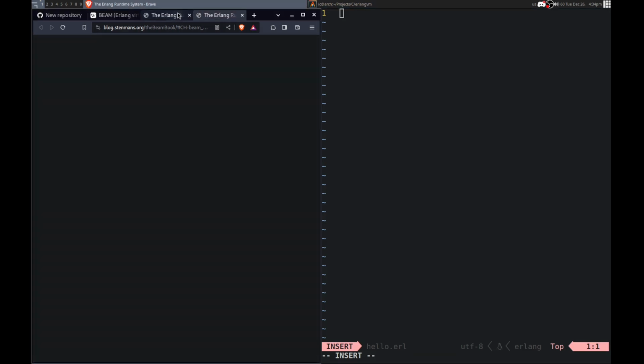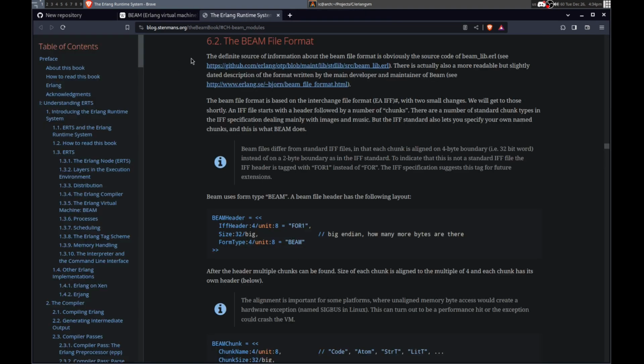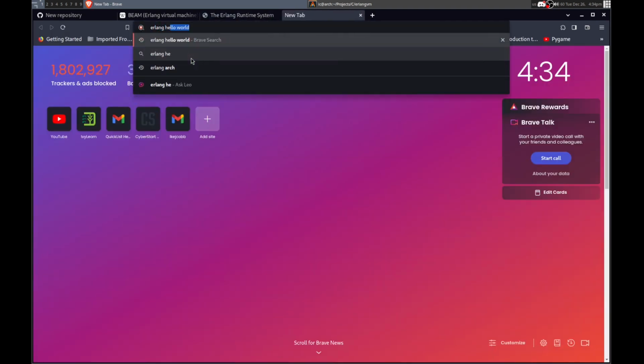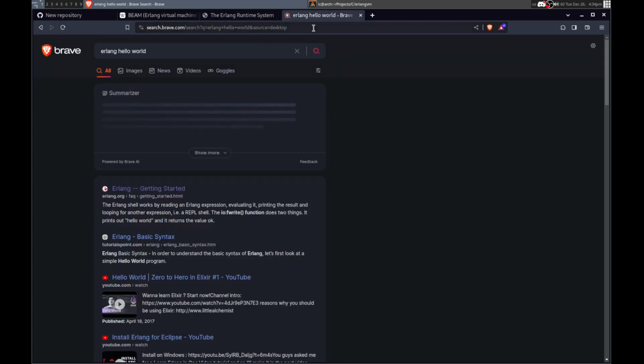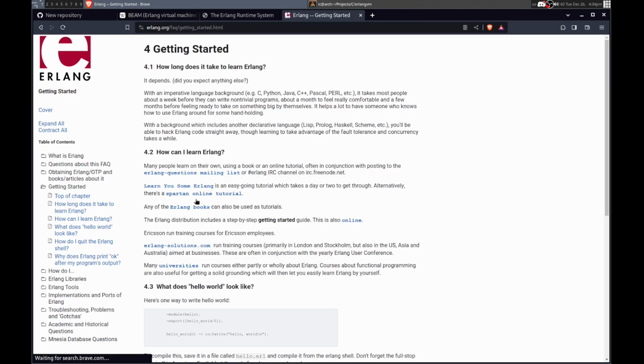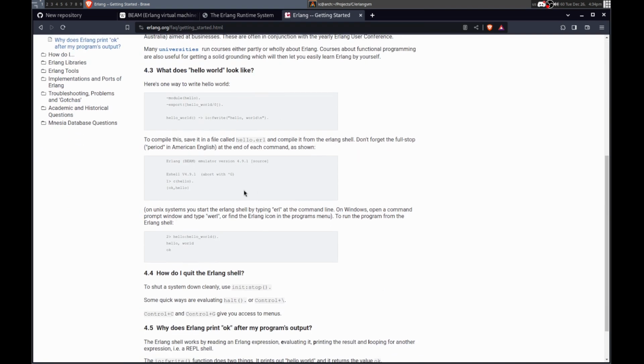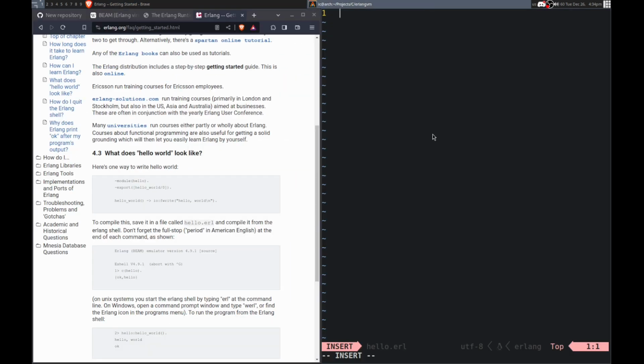Let's see, I don't remember exactly how to do it. I think I already had that open. Erlang hello world. I was looking at this earlier because I've never used Erlang before. I don't want to actually write hello world, I just want to return a number, because that is the challenge. So the first thing I'm going to be doing is trying to read from it, so I can get an idea of how it's structured, and then I'll build the actual compiler. So we need module hello, so that's just the name of the module.